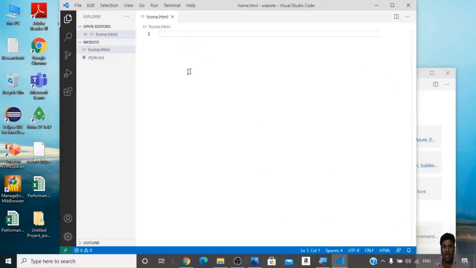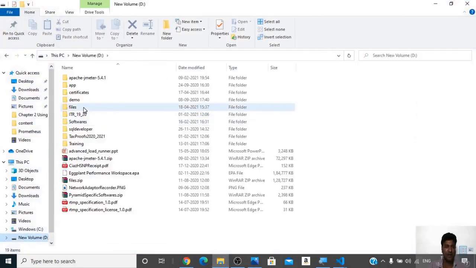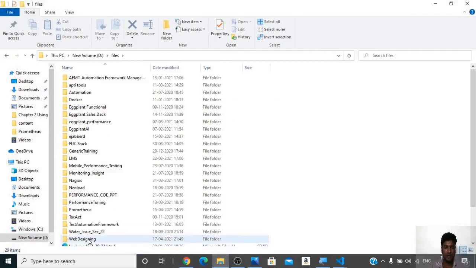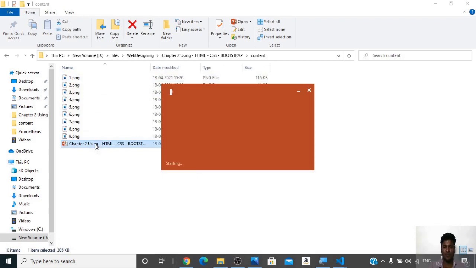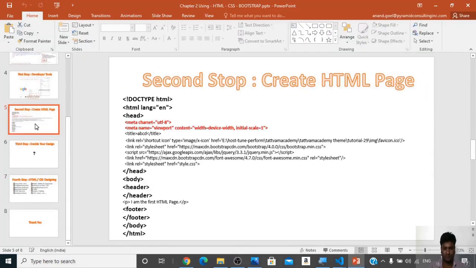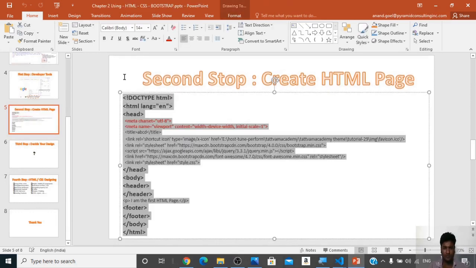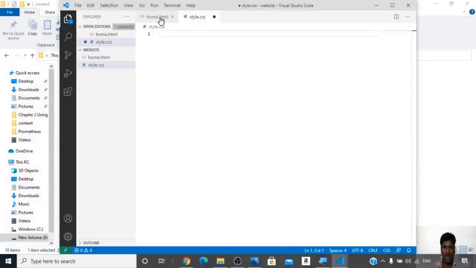If I go ahead, I do not have anything in the .html file. In a similar way, I do not have anything in the style file. So let me build up something, and I will start with the document tag. Rather than typing it myself, I will just copy paste the format using which I will be teaching you people. This is the format which we discussed. I will copy this page from here and close this, go back to my Visual Studio and home.html